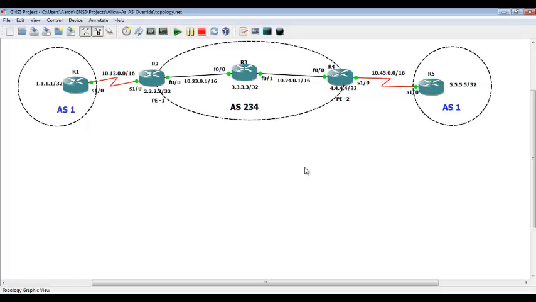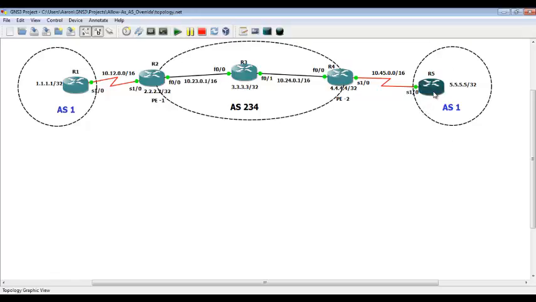But unfortunately, these two customers, this is actually not two customers, this is one customer, and they do not want to have different autonomous system numbers. Two autonomous systems of the same customer in different locations. They got the same autonomous system number. They don't want to change the autonomous system number. So what happens is,